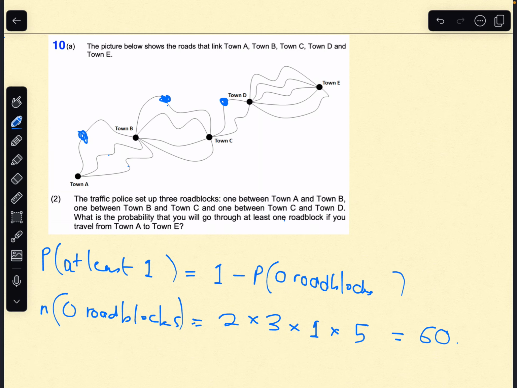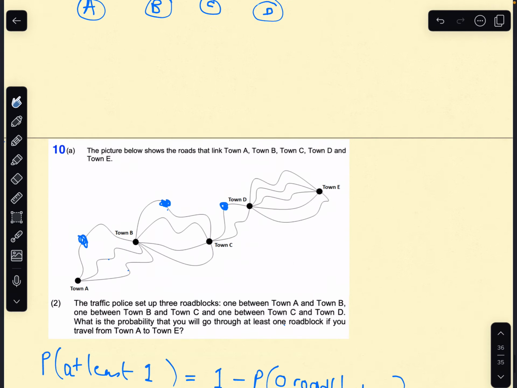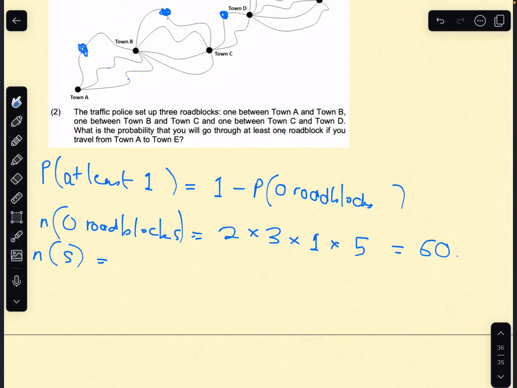Then the question is, how big is the sample space? How many routes are possible? And we worked that out before. We worked that out to be 120. And so the probability of at least one roadblock